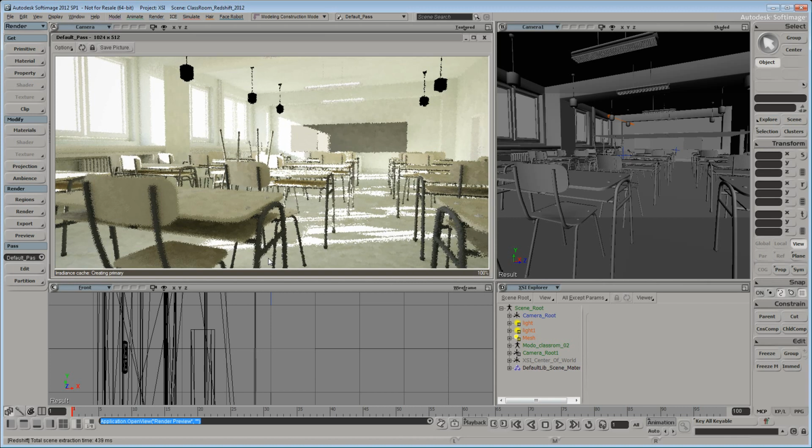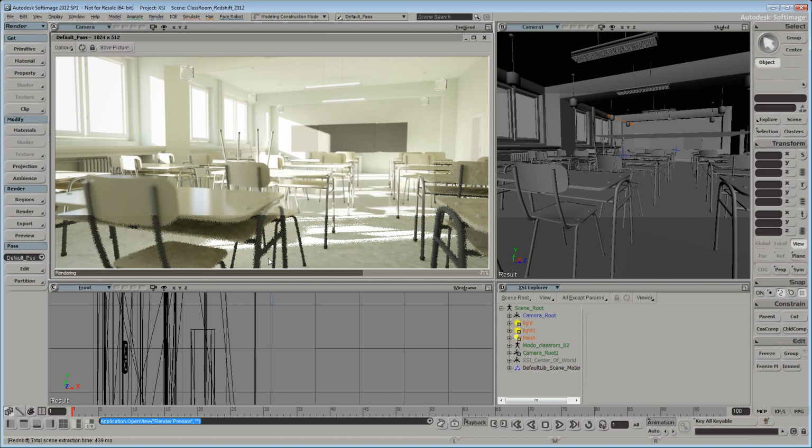In fact, you can actually get even faster times with this by turning down your settings a bit. This is using quite high settings. So if you're just previewing and you don't need absolutely perfect results, you could get even faster render times. But even with these high settings, it's almost done here. In fact, this scene isn't even using portal lights, and portal lights would definitely help this scene clean up even quicker. So there we go, it's done.